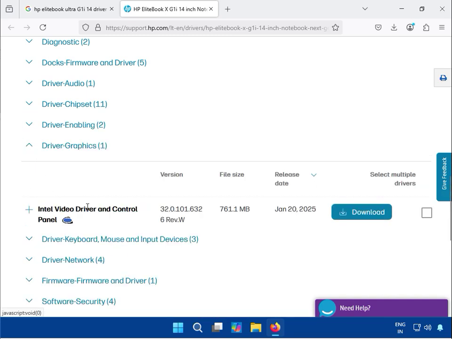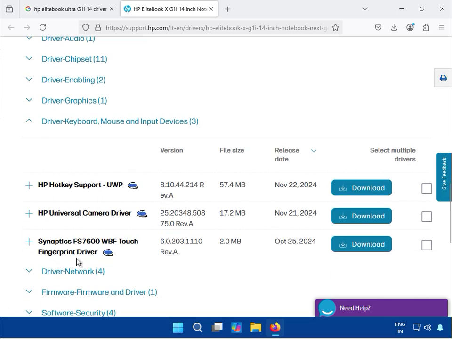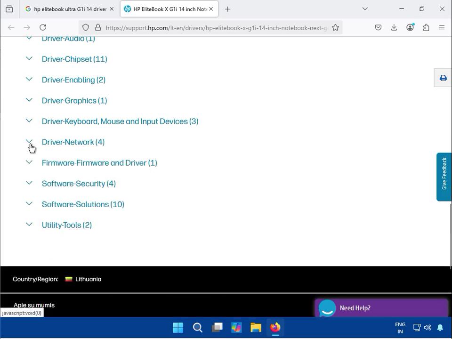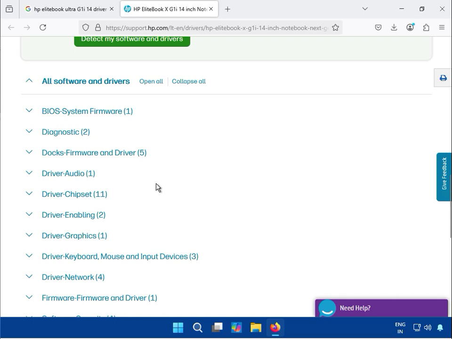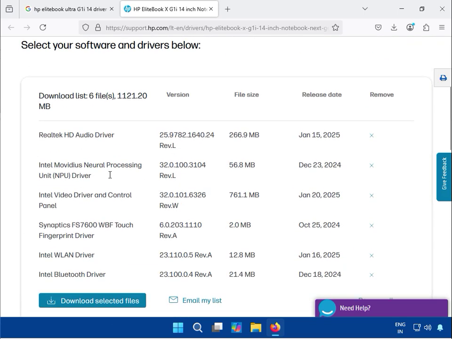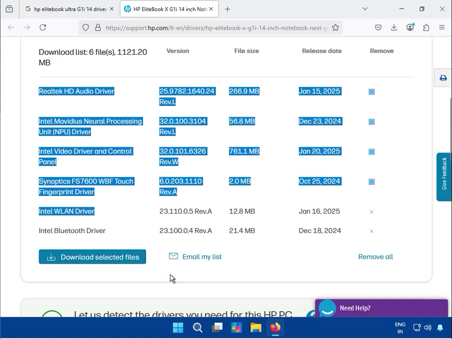then graphics, only one, select, minimize, keyboard, mouse. So for the fingerprint driver, touch and fingerprint driver, select this. Then network, so Wi-Fi and Bluetooth are both required. So once you have selected all the drivers, you can see here